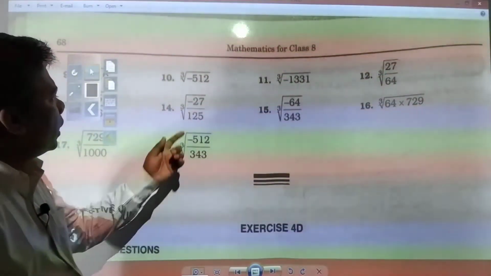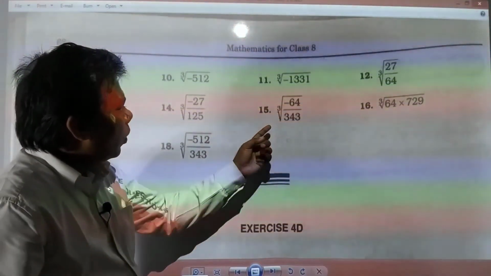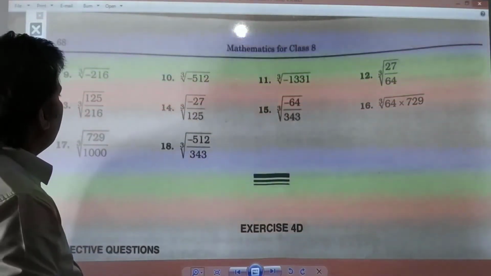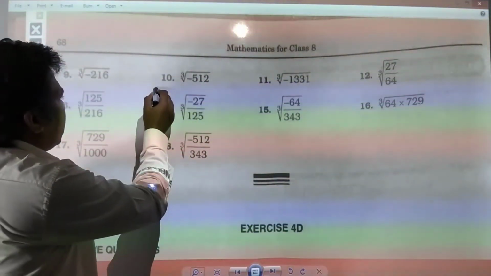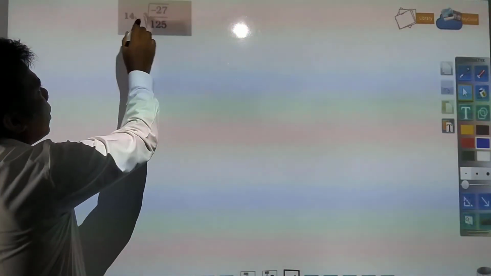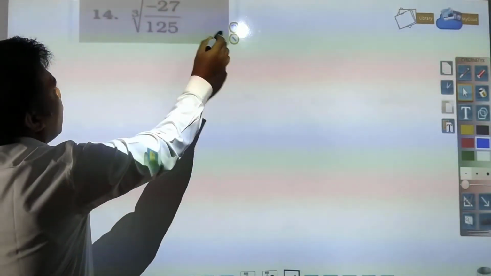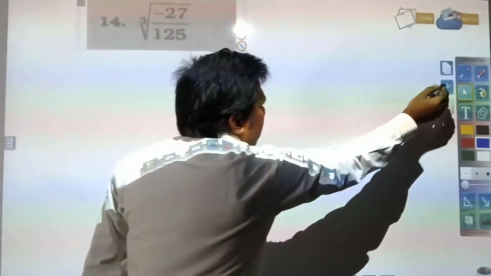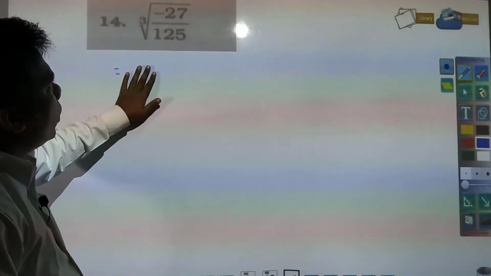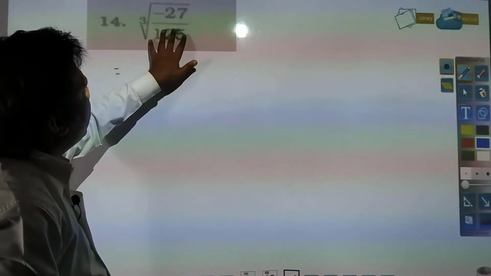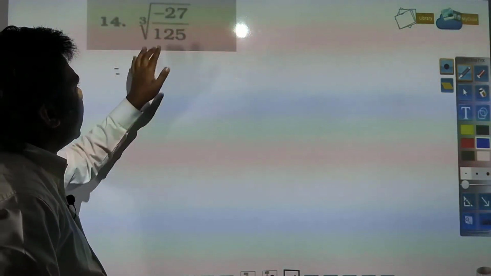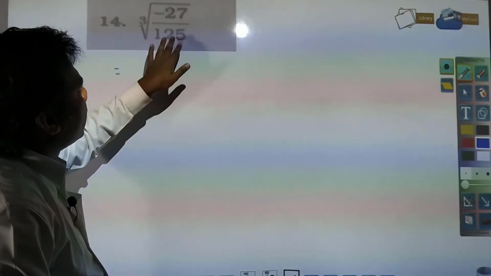Next you see, similar questions you have. One question you take with a negative number, question number 14. Again, as I have told you, if you have a negative number and you need to find out the cube root of the given number, your result will be negative. So simply you find out the prime factors of 27 and